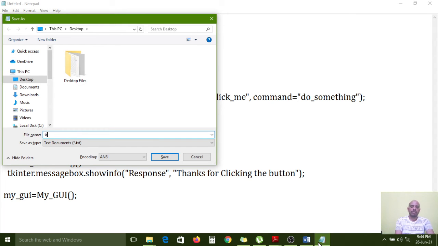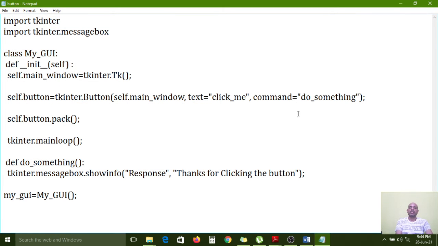What is this one? Button. button.py is the class with the callback function. Here the callback function is what? When you click the button, the do_something method will execute. The button is placed in the main window and the text is Click me, nothing but on the button the text Click me will be displayed like that. Now if you click on the button, then immediately the do_something method will execute. Here we have configured that name. So again one window will open, the title is Response window and the text is displayed on the screen.